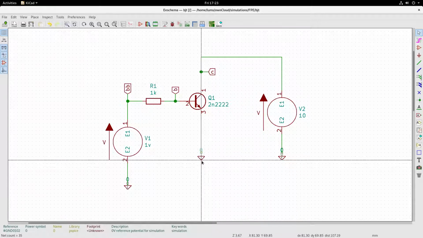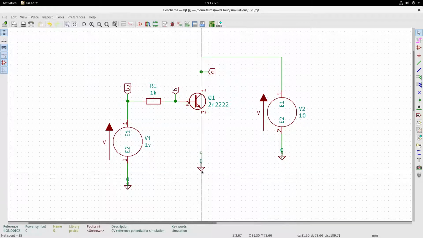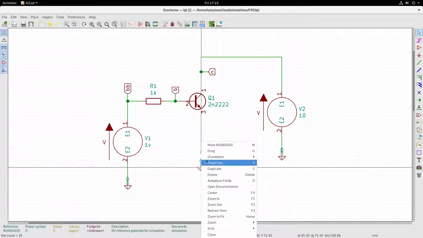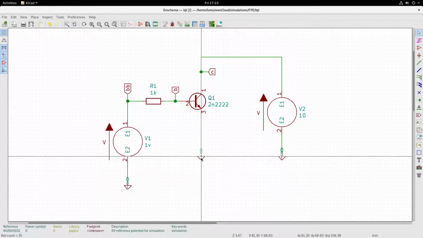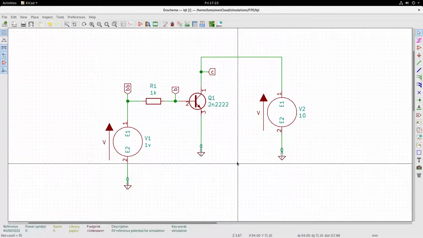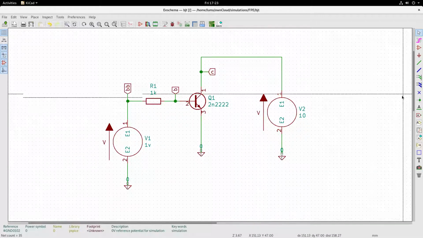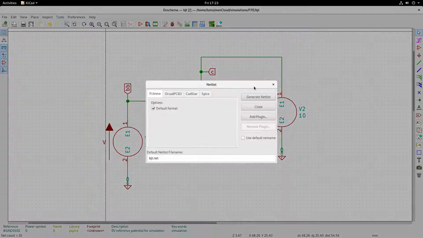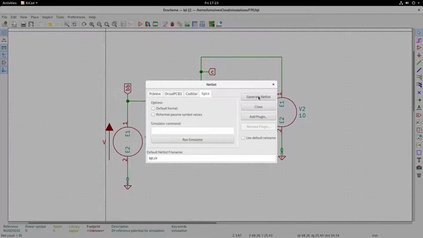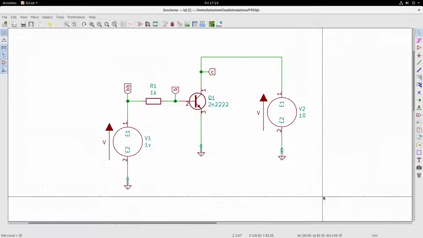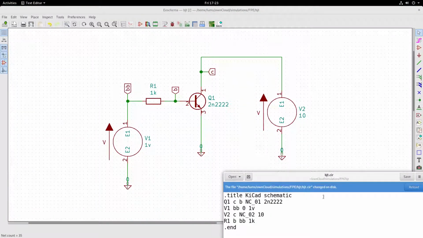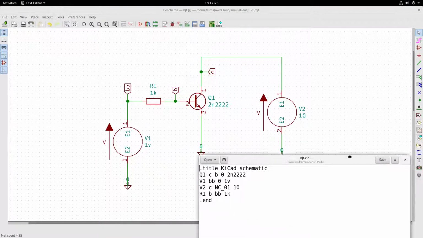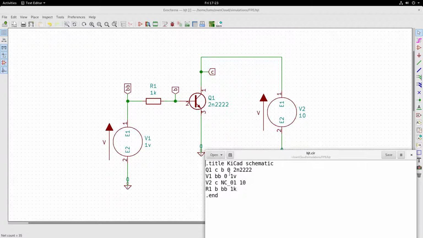So you can place it here, and yeah, so now that is connected. So we need to generate the netlist again. Spice, generate the netlist, save, and then let us again see what happens. Reload, and now yes. So that is connected. This is connected. NC01. This is not connected.